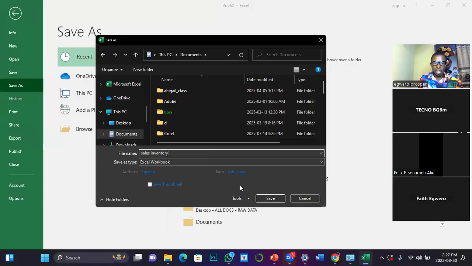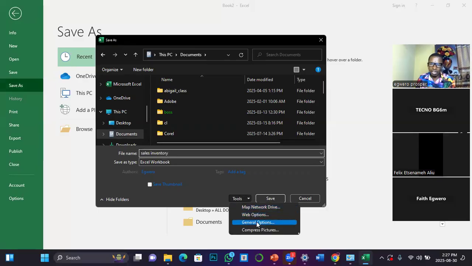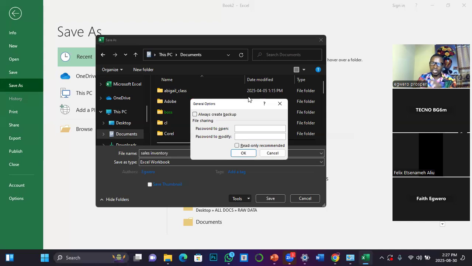And then if I want to password this book, in case you are working in an office, somebody can implicate you if you don't password your book. So how do I password it? After I have typed the name, just before I click on Save, I will hold on with the Save and go to Tools, then select General Options. From General Options, a dialog box like this is prompted. So from here, I write my password. Let's say my password is 123. Repeat the same password, 123.